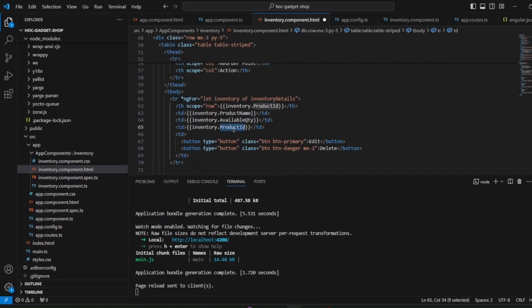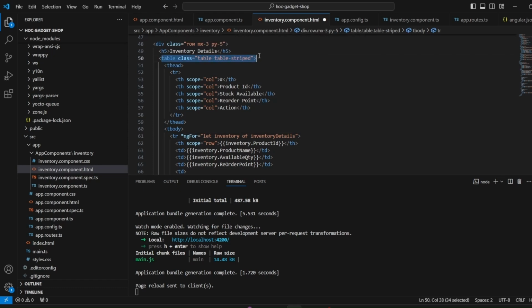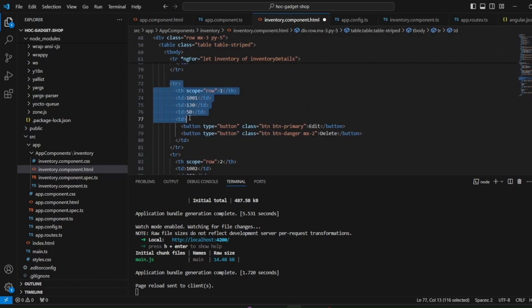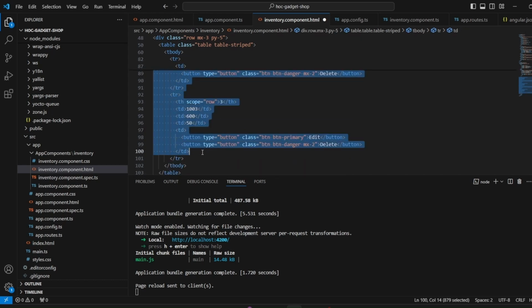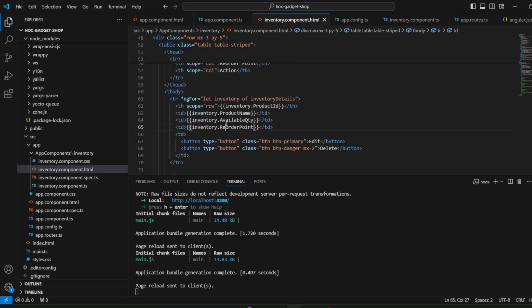So let's go to this HTML file. And yes, we have made the changes, bound whatever we are dynamically getting on the row. And how many rows will come? The number of rows that are there in the inventoryDetails, the number of objects that are there, those many rows will come in the table of this tag that we have. So let's save the changes, but yes, first let's just comment out whatever static data that we had given earlier. Commenting it out, and now saving the changes.